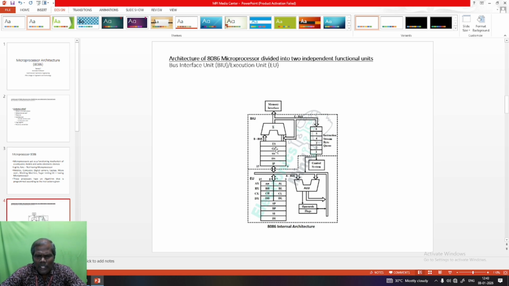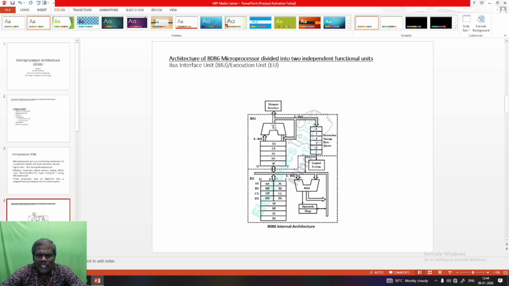Here are some segment registers: ES, CS, SS, DS and IP. These are the segment registers. With the help of these segment registers, and the offset address inside them, we find the physical address.